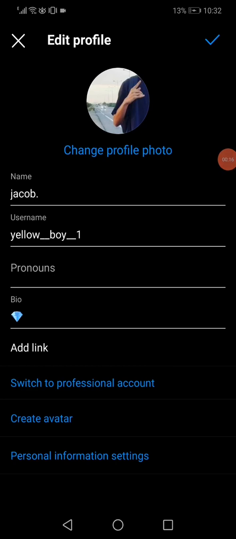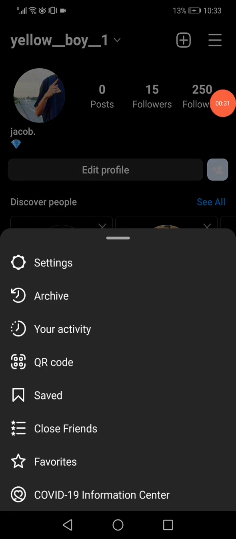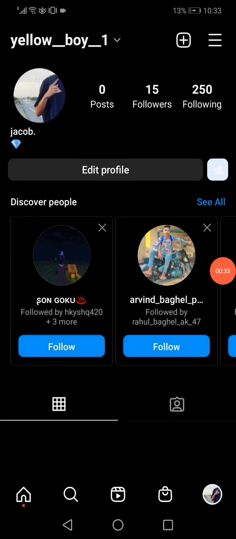you have to change your username right here. And then also you have to change the profile picture, and if you have any link in the bio, you have to remove it. Click confirm, go back, click on the top here, click on those three lines, click settings,